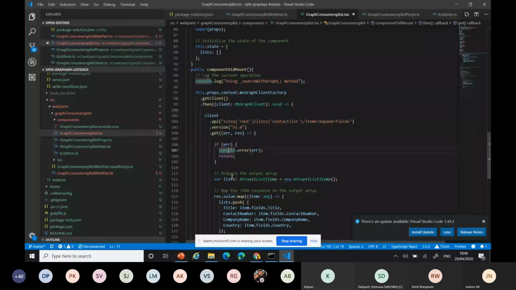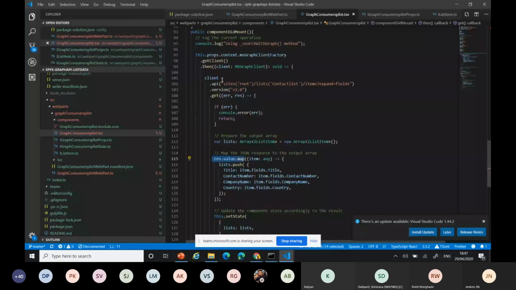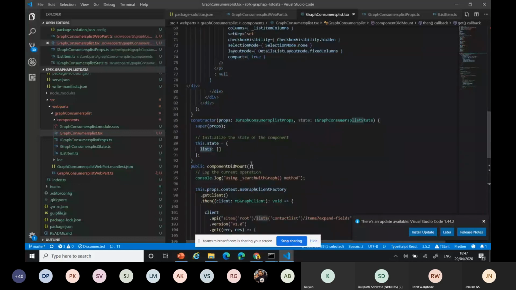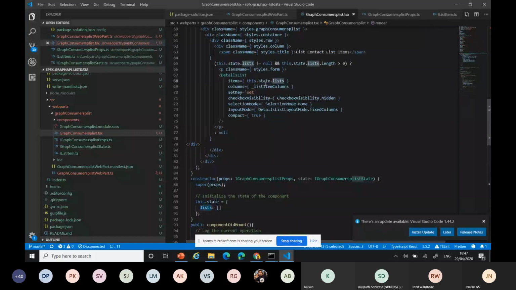I just added an array, initializing the array. From the array, I'm mapping from the value, the REST value. You can get the value map using the linked list model and push the value to the corresponding rows. That is inside the array. After that, I can assign it to the state. It will move to the list. We added the list state, and it's available here in my control. Map to the state.list. You can assign it to my DetailsList control from the Fabric UI.